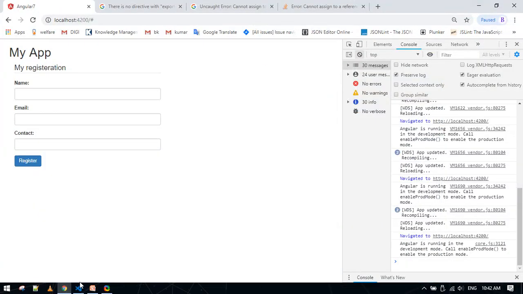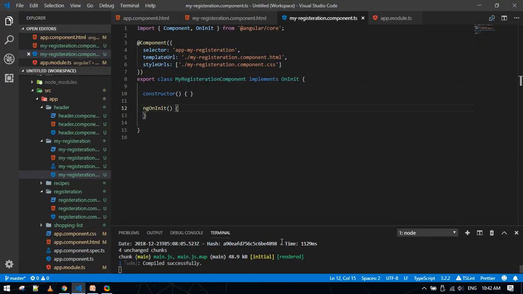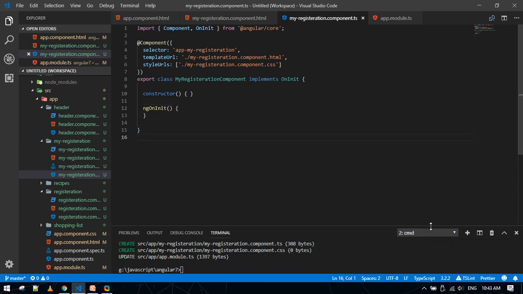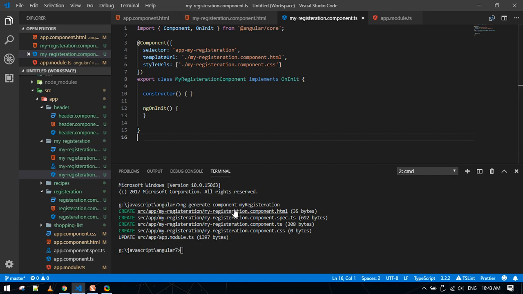So I think you must have started your Angular application using ng serve, and you can create the components. I have recently created one component before starting the lecture, named my registration component. You can use this shortcut command prompt command to generate your components automatically for you. So ng generate component, your component name. So I have created one here,